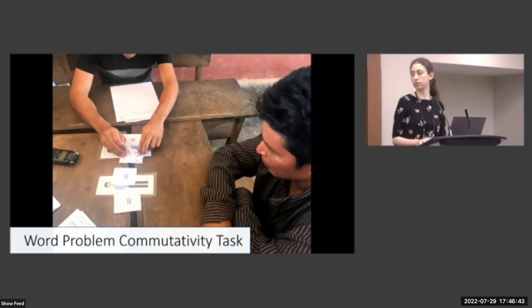Next, we administered a word problem commutativity task. Our intention was to have a task that's less abstract and more grounded, perhaps a little bit more culturally appropriate or relevant. And we gave participants a story that there are 2 men, each of them with a certain quantity of pebbles in both hands. And in addition to the numerals, we also had dot clouds below each numeral representing the specific cardinality